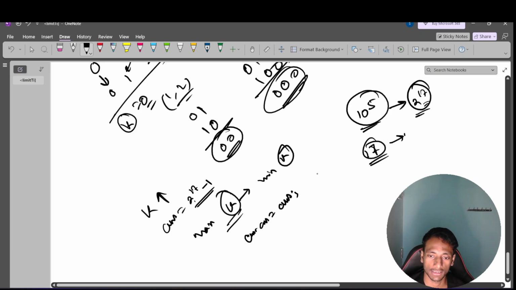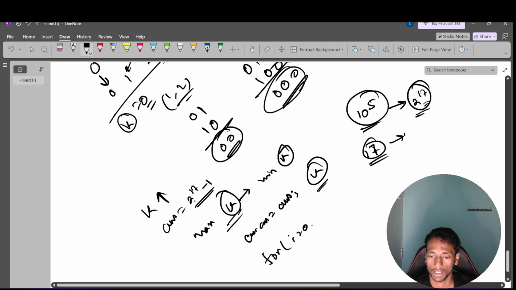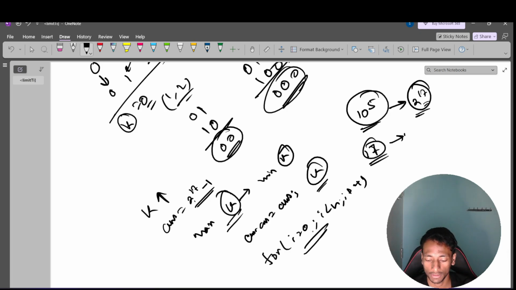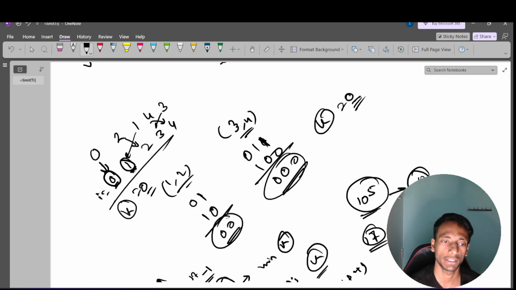What actually answer do I have? This is, suppose, our current k. Now for this k, what do I have to do? I will check, by using k, which number I have to swap. So for that, I will iterate for i equal to 0, i less than n, i plus plus. I know that the target number present at index i should be i only, right? Because you can see that for each index i, the index value is also i and the current number is also i. Here also the index is 1, the value is also 1, index is 2, the value is also 2. So I will easily check that if it is